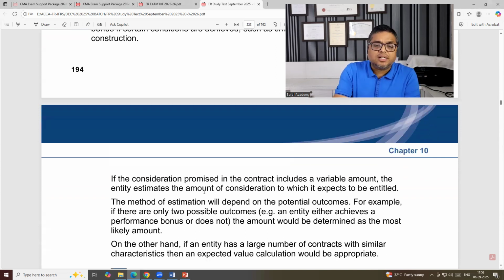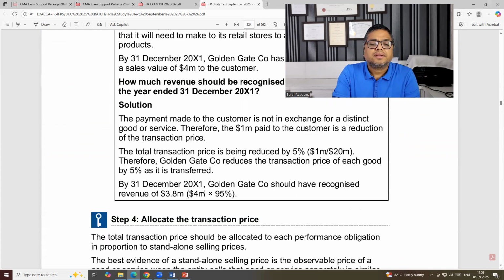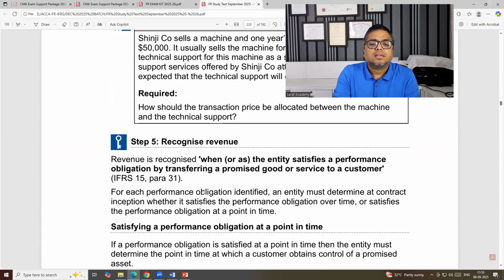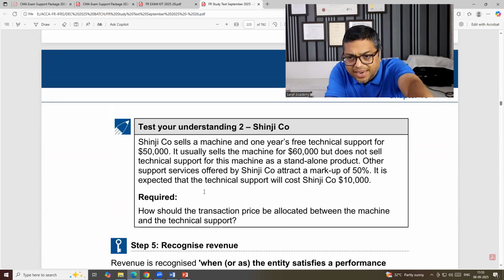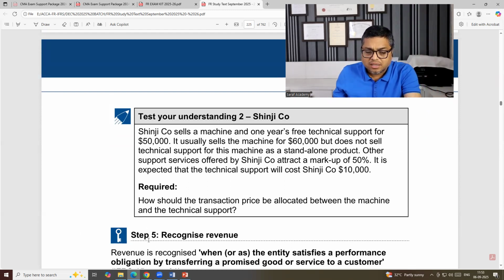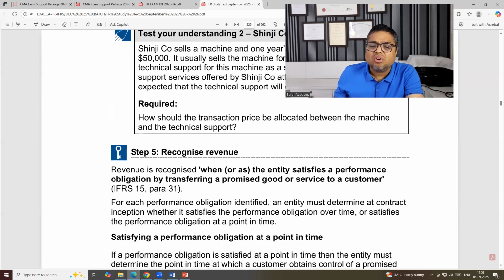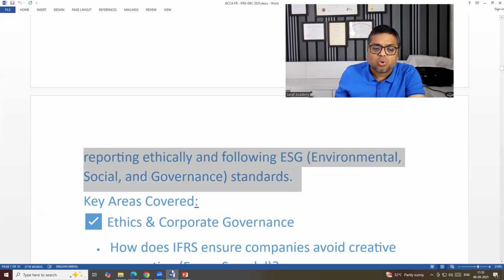The test your understanding answers are given at the end of the chapter. Illustration answers are given alongside. And the theory write-up, the concepts, the concept write-up is there in my notes also.